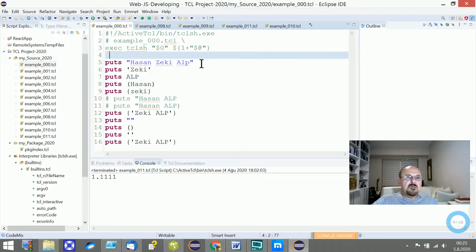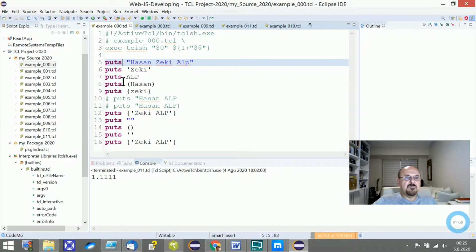The most prominent command in Tickle is puts. Puts stands for print or print line in other languages. When I say puts and quotation marks Hasan Zeki Alp, I can use puts with a single